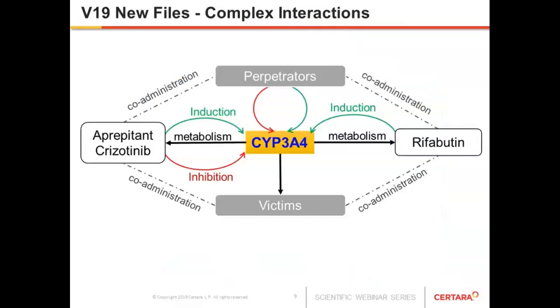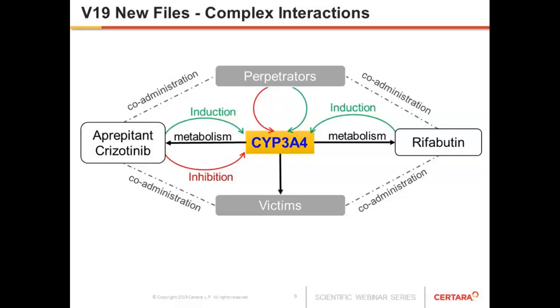Specifically, the interactions have been with CYP3A4, where we have drugs that are co-administered, like aprepitant, crizotinib, and rifabutin. Each of these drugs has a complex interaction of their own with CYP3A4. For example, aprepitant and crizotinib are metabolized by CYP3A4, but they're also able to induce the expression of CYP3A4 to increase the amount of the enzyme that is present in the liver, but they're able to inhibit their own metabolism by the enzyme, both in a competitive manner and also in a mechanism-based inhibition manner, where we see the enzyme levels irreversibly degraded,